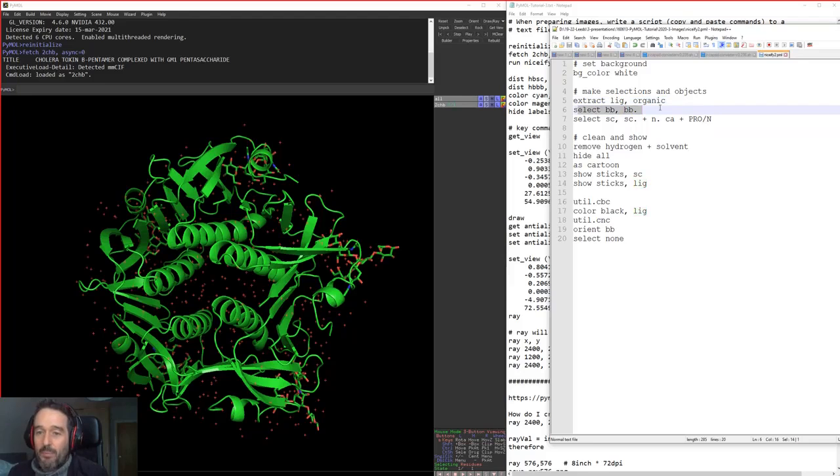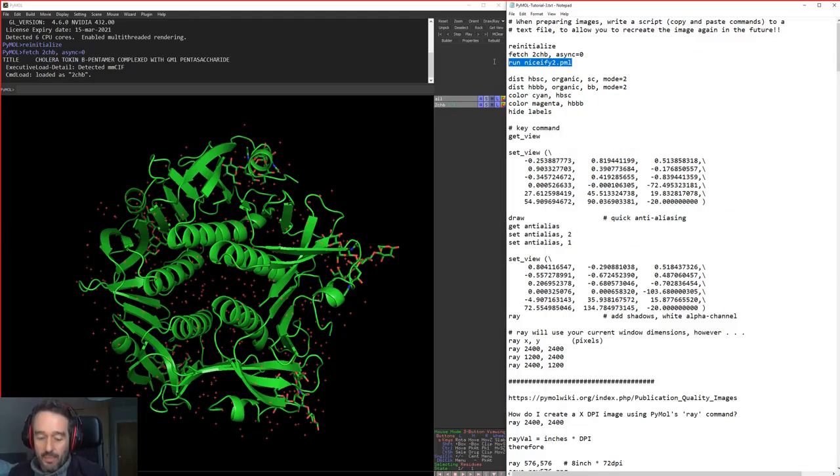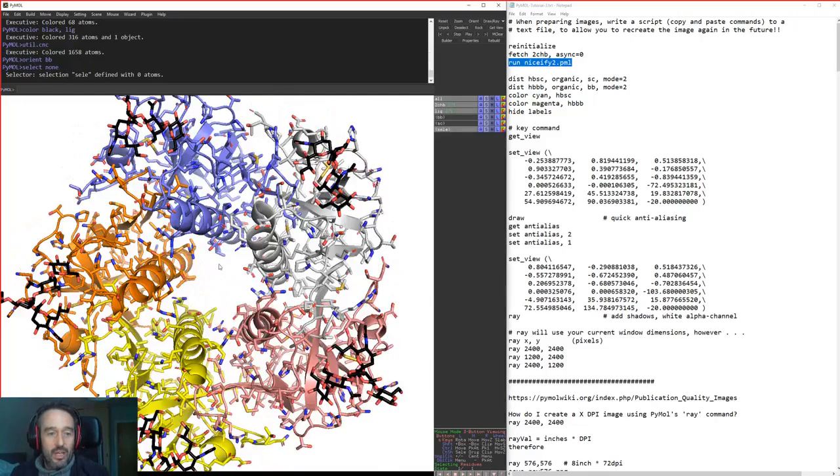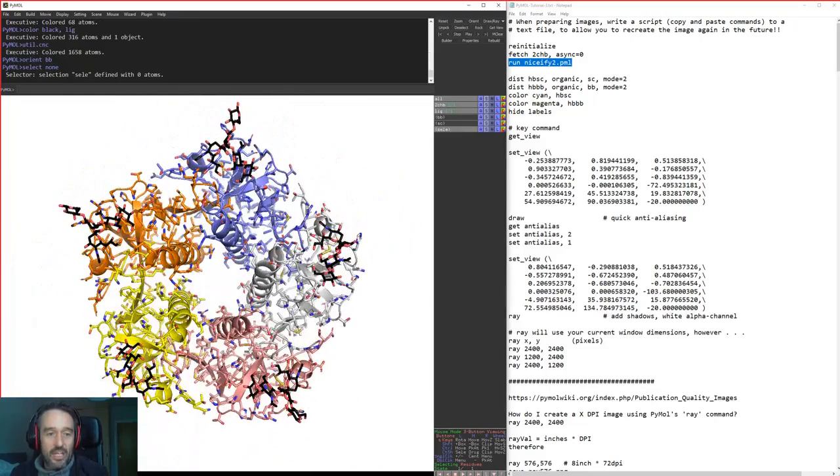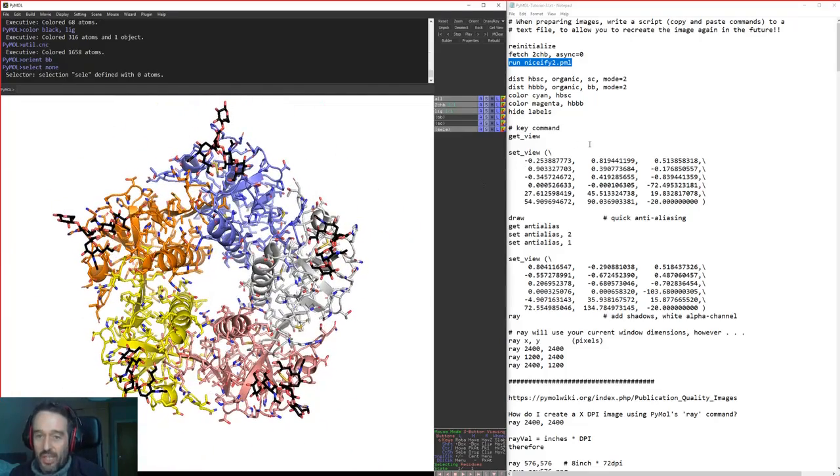We'll select our backbone atoms, we'll select side chain atoms as described last week, remove the hydrogens and the solvent, hide everything, then show cartoons, show our side chains as sticks, show our ligands as sticks, colour everything by their chain name, colour our ligands black, colour all of the non-carbon atoms by non-carbon colours, and then orient around our backbone and select nothing. Because this is in the same directory that I'm in, I can just say run this, and here is the application of those particular commands as we saw last week.